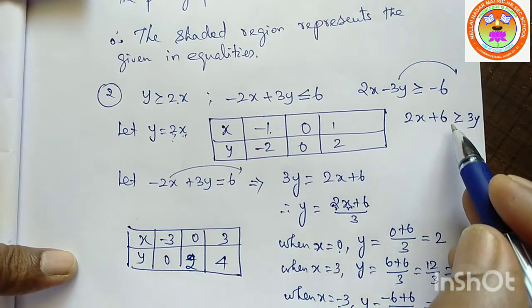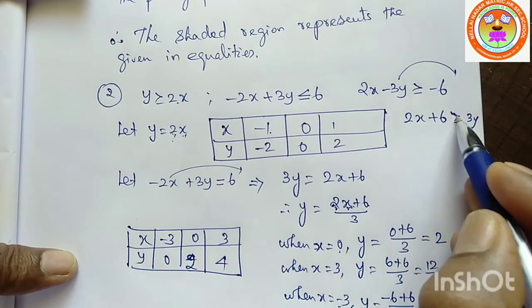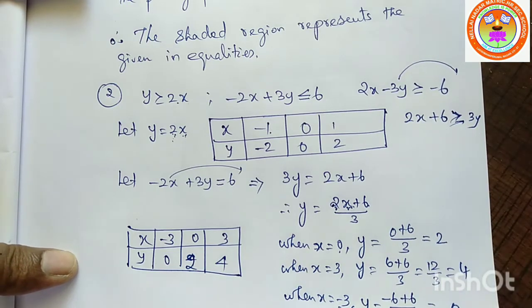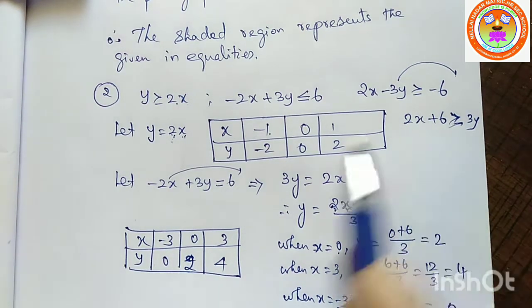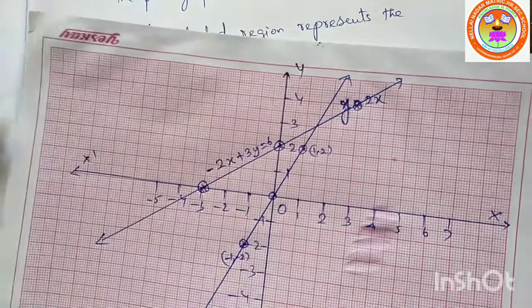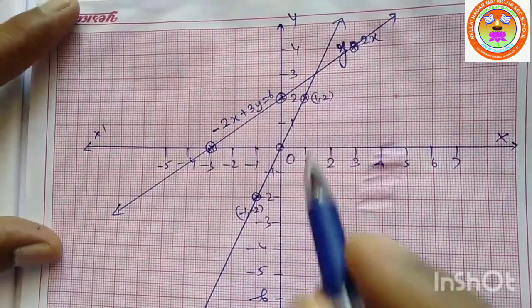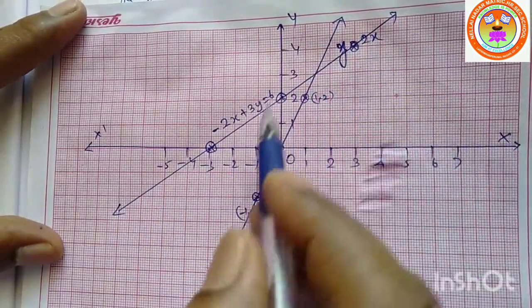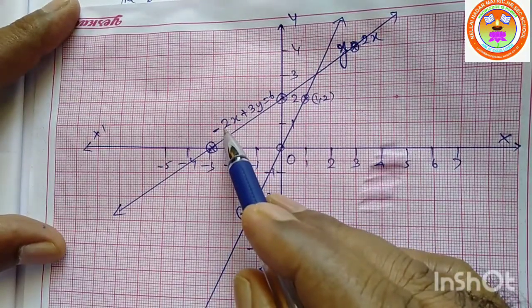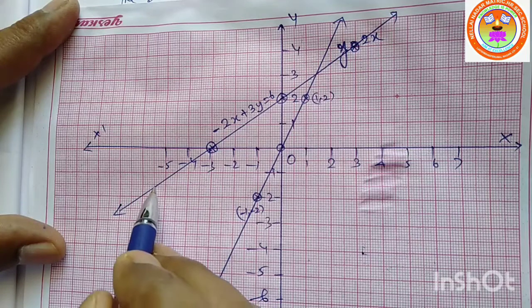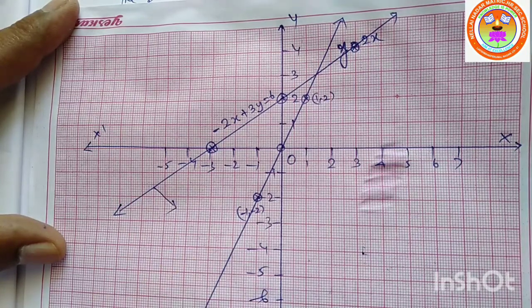So, this region, see, this is positive, right? See, greater than or equal to. Greater means right hand side. So, right hand side of the second straight line. So, we have to shade the region right side of the inequality. The main reason is x is getting negative sign. So, here we want to shade like this, the right hand side.